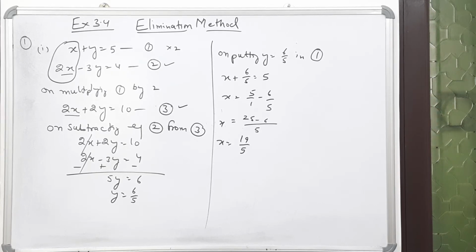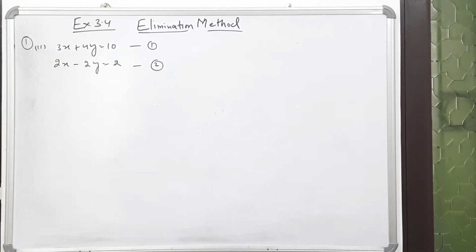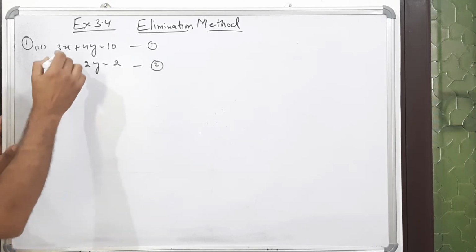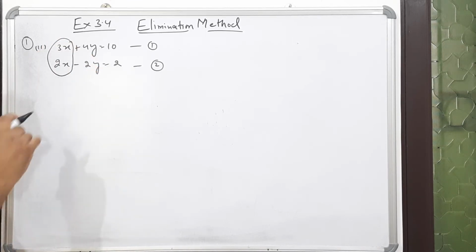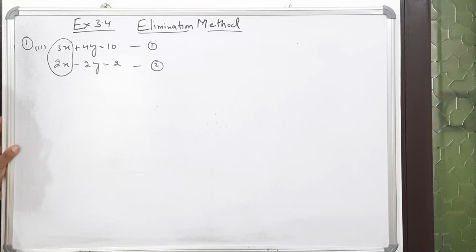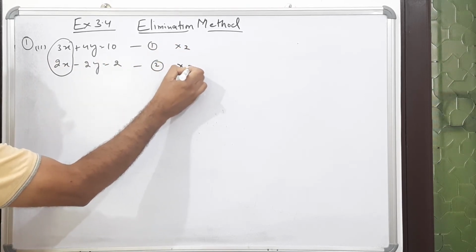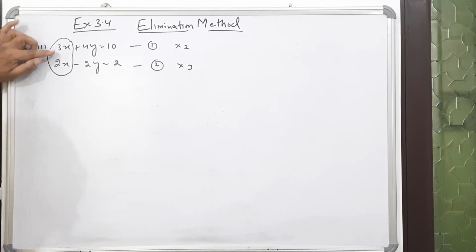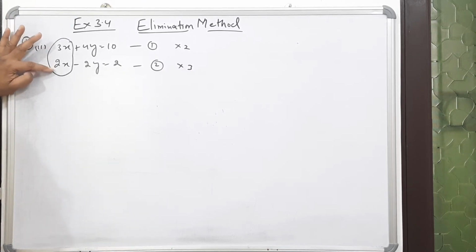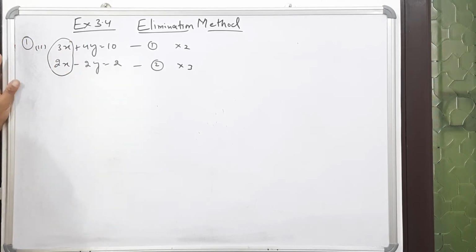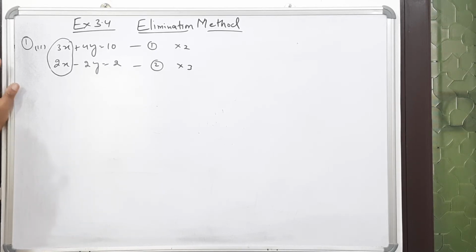I am taking one more sum now. Now you see one more sum. In this problem, look at these two. If we want to make the coefficient of x equal, I am taking this method. We can make y equal also, but just now I am taking x equal. Then we have to multiply this by 2 and this by 3. When I multiply this by 2, it will be 6x, and when I multiply this by 3, it will also be 6x. There is one more method in which we can make y equal, but I am taking only x equal. So you can concentrate only on the first method. That is also correct on its part.